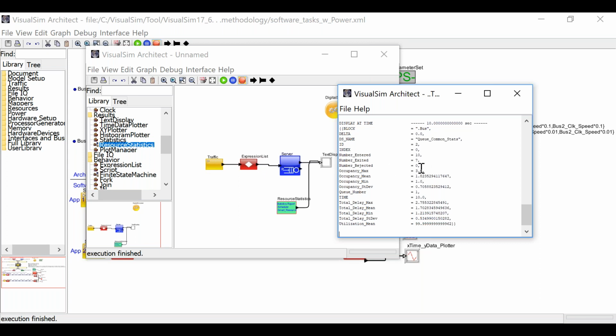So I got a max buffer occupancy of 3 with an average of about 1.8. And you can see even though I set the delay to be a max of 1.6, I see the worst case to be 2.755. This is telling me that I've got excessive delay across the structure, especially because I see my utilization to be 99%. So this, in a sense, is where you have a randomization of your traffic. You're trying different traffic scenarios, randomization of your processing, and then looking at the statistics associated with this particular